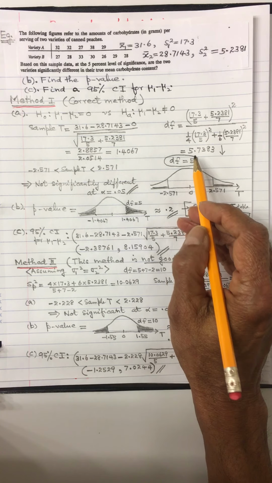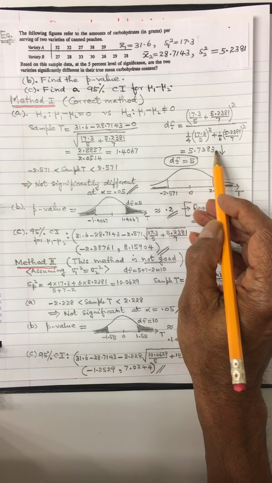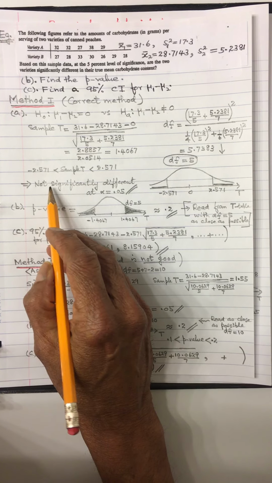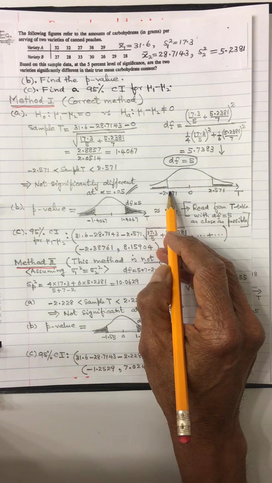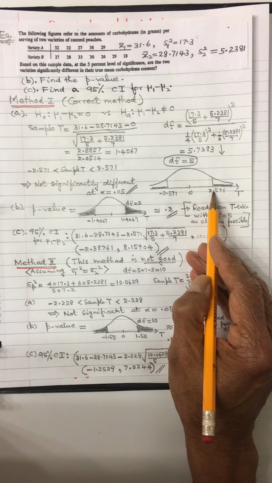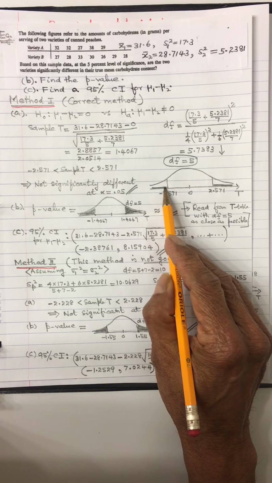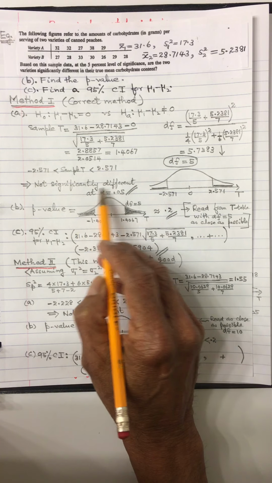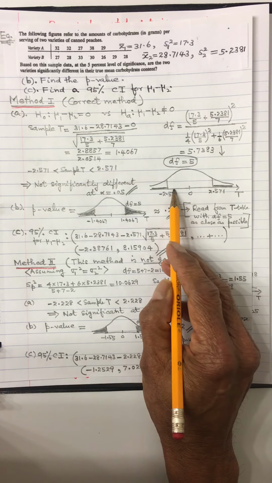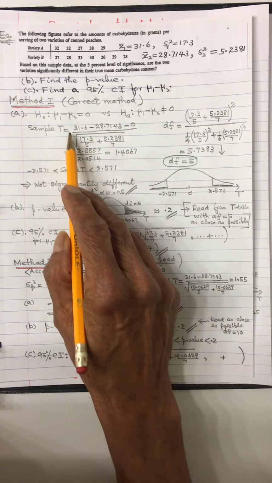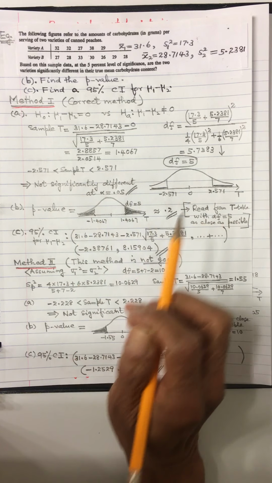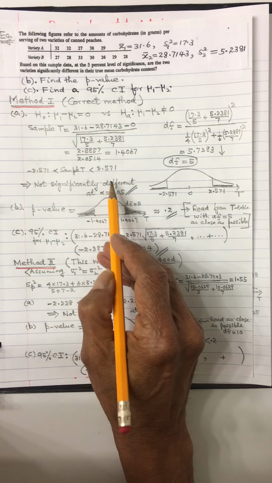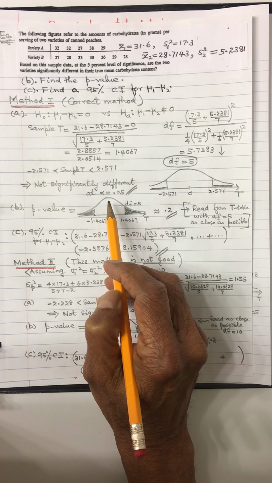So this is 5.7385, and you round it down, it is 5. Get the t-table value with 0.05, that is that. The rejection region is this and that, a two-tail test. So this value is inside, so you cannot reject H0 and accept HA, or the result is not significant at that level.